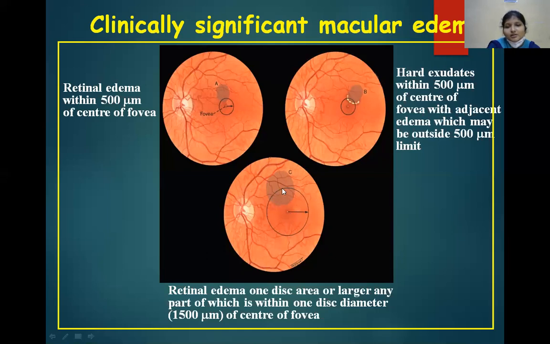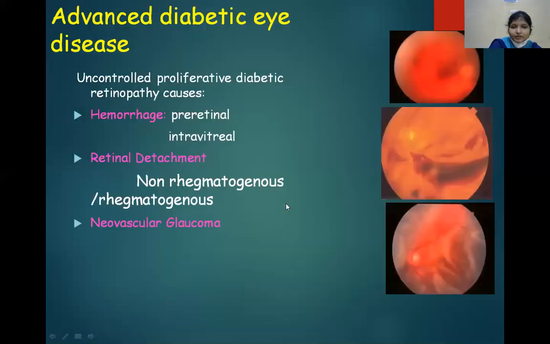So, this circle is drawn with a radius of 1500 micrometers. So, retinal edema of 1 disc diameter or more with any part of which is located within 1500 micrometers from the center of the fovea. So, that is maculopathy. So, diabetic maculopathy, we have 5 classifications: focal exudative, diffuse exudative, ischemic maculopathy, mixed maculopathy,